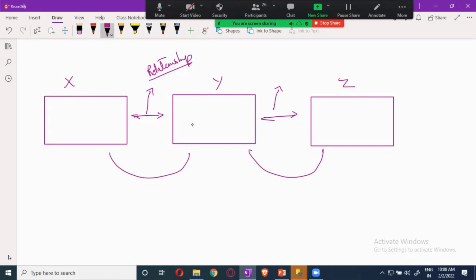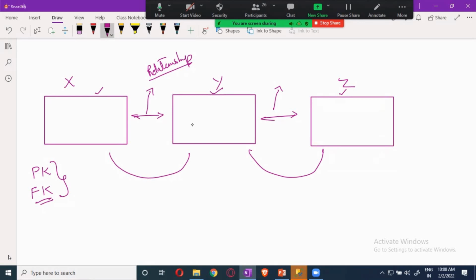I'm going to explain this. It is done with the help of a primary key and a foreign key. Using the primary key and foreign key, we establish the relationship, and when a relationship is established, the tables are interdependent.